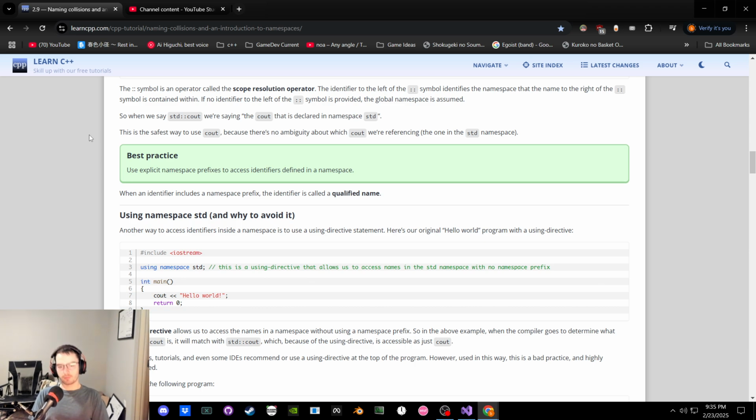Another way to access the identifiers is to use a using directive statement. Okay. Use original hello world using, so instead of saying,